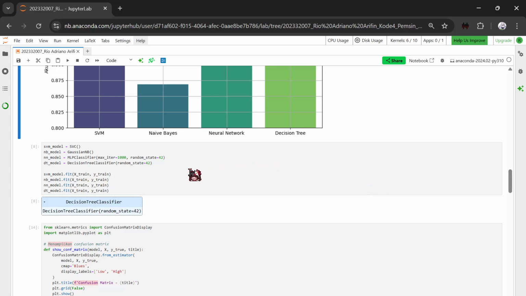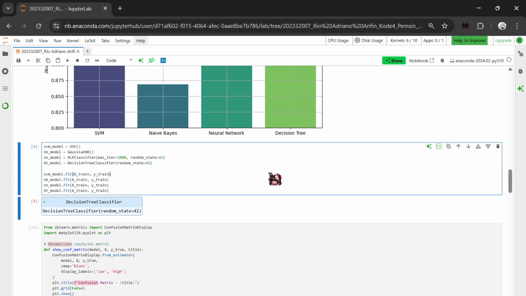Okay, next one is retraining models separately. Earlier, we stored the models inside a dictionary, but for generating the confusion matrix and visualizing the decision tree, we need to have them saved separately. So we retrain each model individually to make sure they are ready for further analysis.